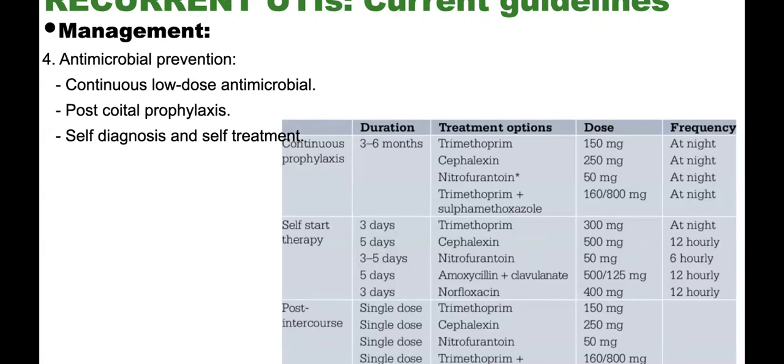So the patient monitors themselves. Once the patient can feel signs and symptoms of a UTI, you can even ask the patient to buy urine dipsticks at home. They test their urine and assess themselves to see if they've got a UTI, and the patient can then start themselves on a short course of antibiotics. But according to the guidelines, this should only be done if the patient is far away from a health professional. For instance, if the patient is traveling, then it would be a recommended way to treat these patients.